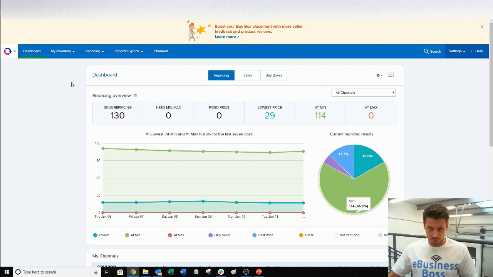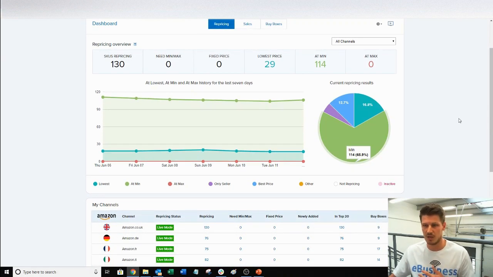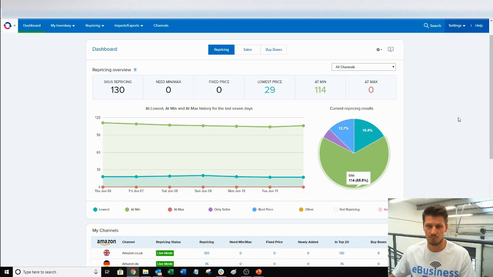Now, the dashboard essentially shows you a load of sales data in relation to repricing, your actual sales, and then how well you're performing with regards to the buy box. You know how I said I like the user face and how it's all laid out? You can see here it's so clear and easy to follow. Everything's in nice graphs, the data's nicely put out, the numbers are nice and easy to see. And again, I make reference to this almost daily on our other RepricerExpress account. This one we just check in occasionally just to see whether we've still got any stock left.